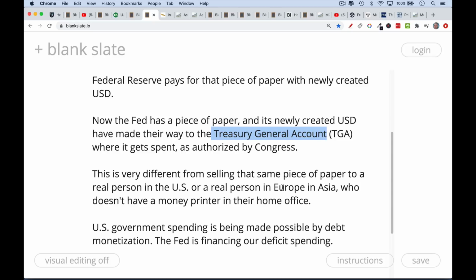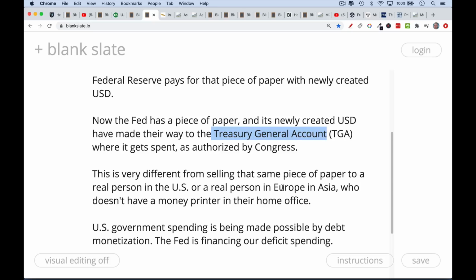And so what we see here is that when the Fed buys U.S. Treasuries, it's very different from anyone else buying U.S. Treasuries. When other people or corporations buy U.S. Treasuries, they need to have real money that was earned in the real economy. And when they buy Treasuries, it does something called crowd out other investments. If you buy Treasuries, you can't buy stocks or a house with the same money. And so there are real limits in the real world to what money there is that can be used to buy things like Treasuries, whereas the central banks, especially the Federal Reserve, are not constrained by this because they have